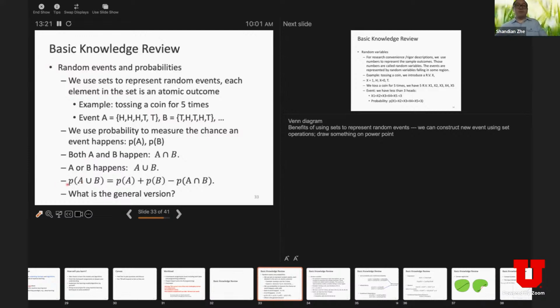And there is a simple formula to express the relationship. That is, the probability of A union B is P of A plus P of B, subtracted by P of A intersection B. Okay? So this can also be represented by the